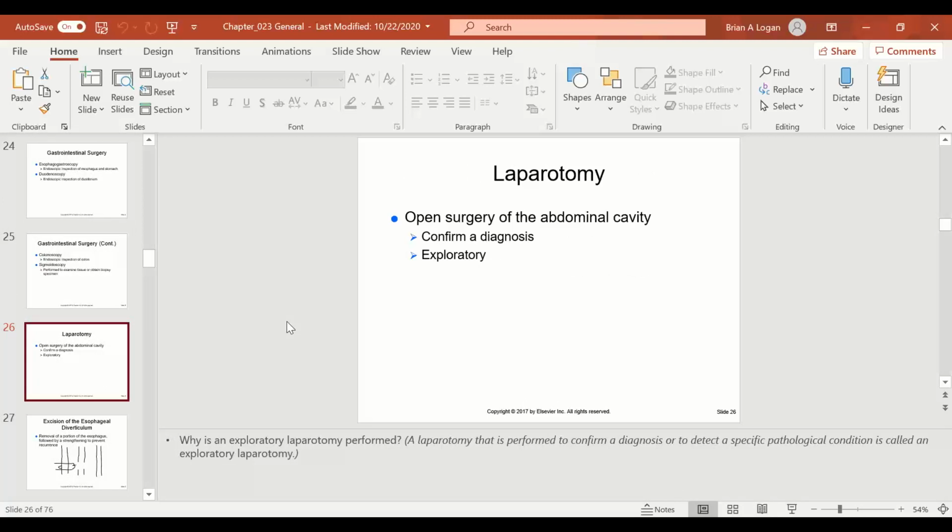Laparotomy, this is otomy being making an opening into the abdomen, is what it means. Typically, they're booked as an exploratory laparotomy. It's kind of a blanket term. It's kind of like saying, we're going to do a knee scope with repairs as indicated. You say exploratory laparotomy, it means we're going to go look around in your abdomen and then fix something that's not right